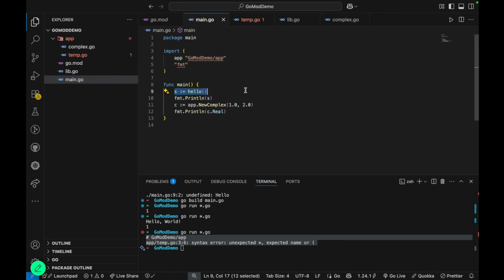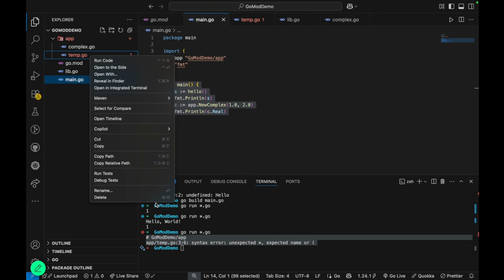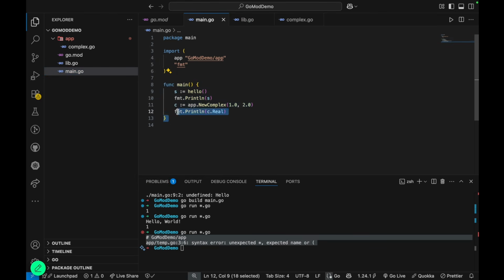But when you are just using your lib.go, you have that in the same package main, right? But you are nowhere compiling it, and you are nowhere linking it to the final executable. That is important in compiled languages, that your final executable should have the linking to your other libraries and your other files in the same library as well. So that's what go run star.go helps you do: whatever files are present in the current folder, all of those will be compiled, and then whatever file has the starter main function,